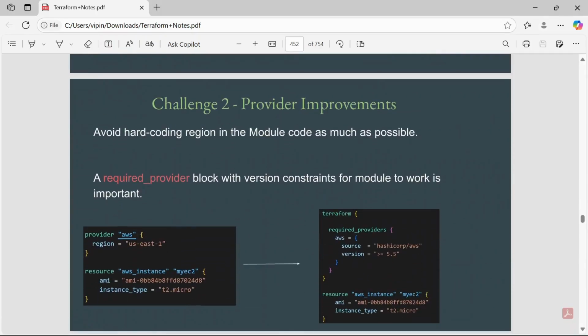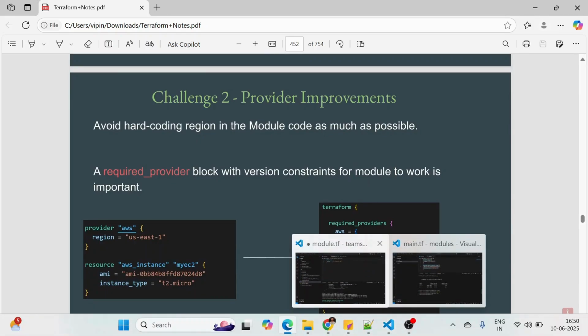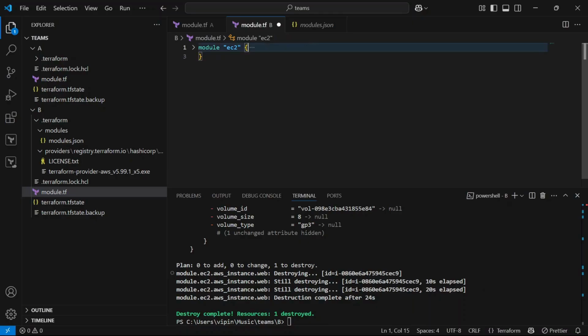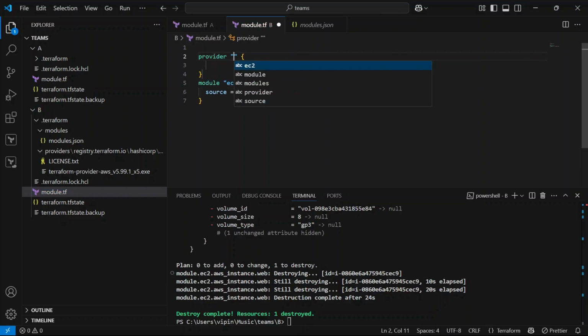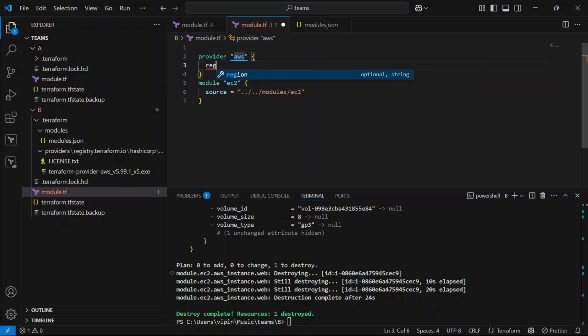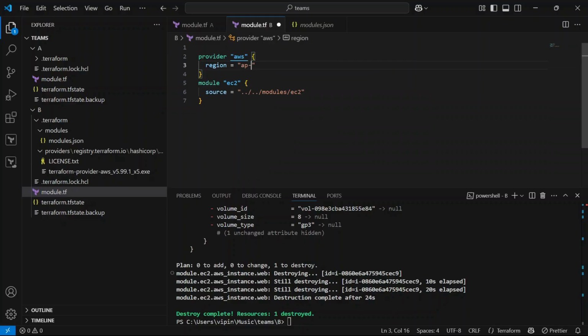Now let's go to challenge 2. If we define the provider here, let's expand it and use the provider AWS, and let's define the region here, that is ap-southeast-1.